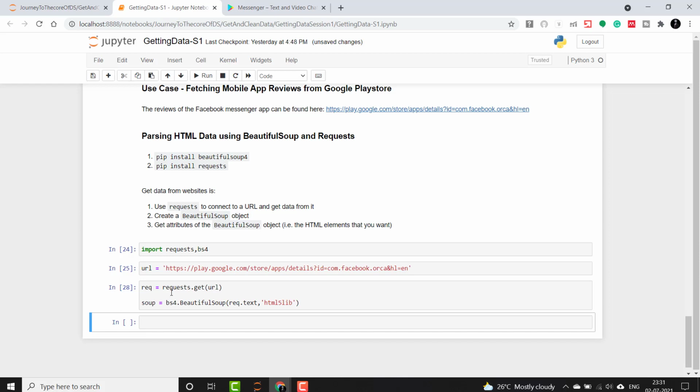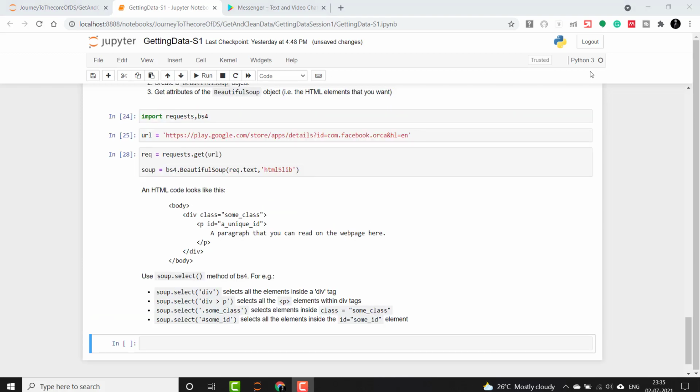Once we have this Beautiful Soup object, we can use it to get specific parts of the HTML document. If you have already worked with HTML, you already know that in HTML the most common elements are either a part of a class or are assigned an ID. A typical HTML code looks like this, with a body, div, and then a paragraph with an ID or a class. The easiest way to get specific parts of the web page is using the soup.select method of Beautiful Soup.